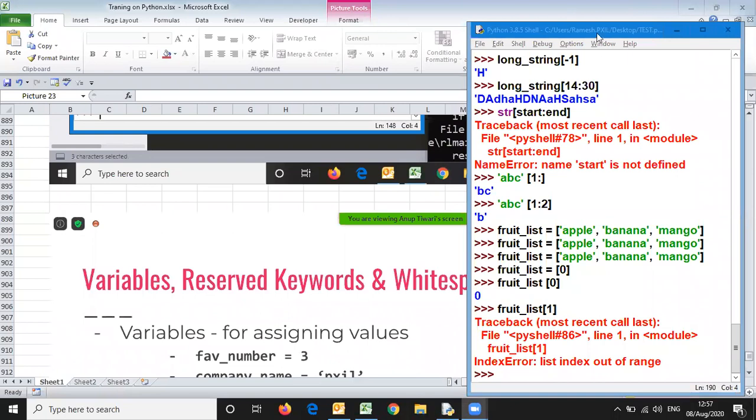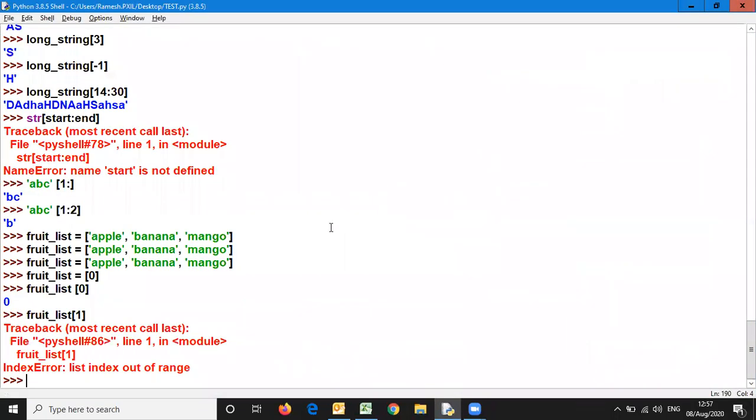हाँ, तो ऐसा हुआ है ना, आपने ये देखिए क्या किया है, पहले फ्रूट लिस्ट डिफाइन की एप्पल बनाना मैंगो, फिर से फ्रूट लिस्ट डिफाइन की एप्पल बनाना मैंगो, और फिर से फ्रूट लिस्ट डिफाइन की एप्पल बनाना मैंगो, ठीक है। तीनों बार अभी तक, थर्ड लाइन तक द फ्रूट लिस्ट जो ऑब्जेक्ट था, वेरिएबल था, उसको पता था कि मेरे को जो स्टोर करना है वो है एप्पल बनाना मैंगो, ठीक है। पर फोर्थ लाइन में